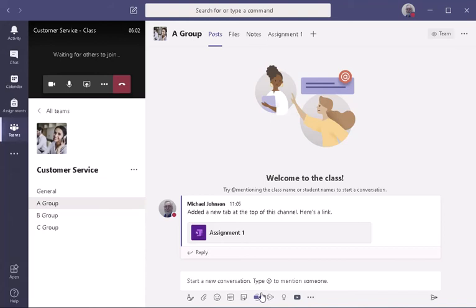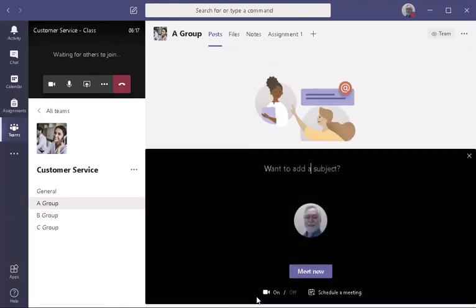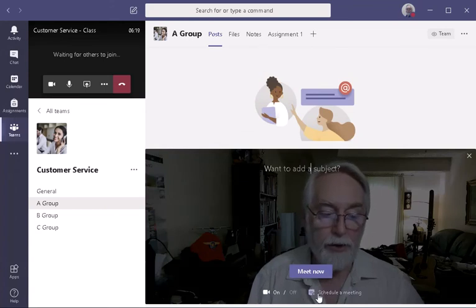So at the bottom here, for the tools that are available for this particular channel, you'll notice a little TV camera which has a circle around it. This is called Meet Now. So if I click on Meet Now for Group A, it allows me to join Group A. So I'm going to Meet Now,